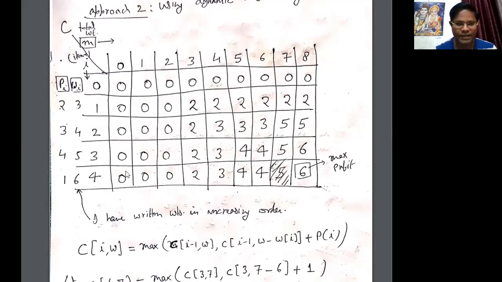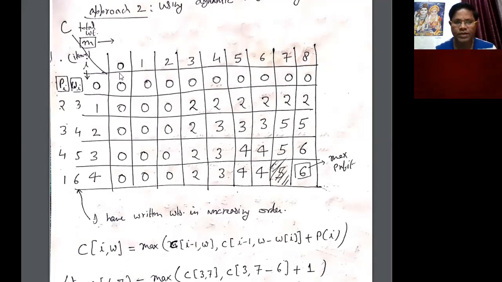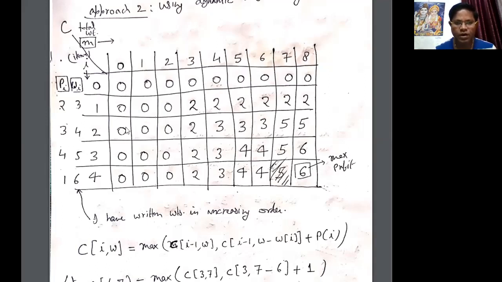And in the vertical direction, since we are not picking any item into the knapsack, this value is also all 0. So for all horizontal positions, you are writing 0, and for all vertical positions in the first column, you are writing the 0 value. Since we are not picking any item, the first column has all 0 entries and the first row has all 0 entries.